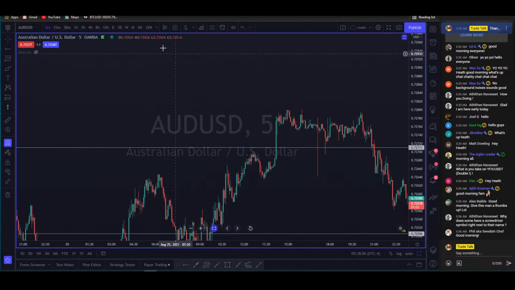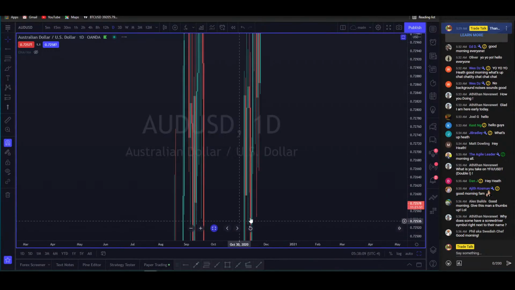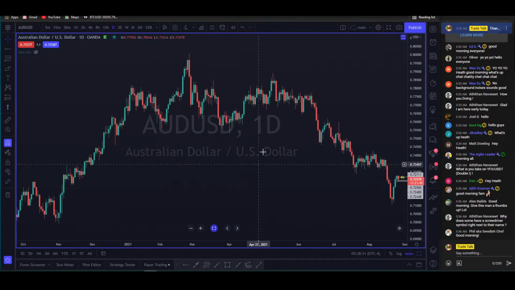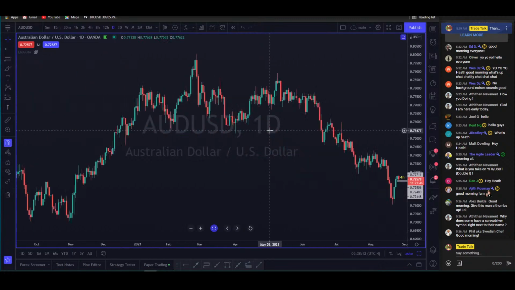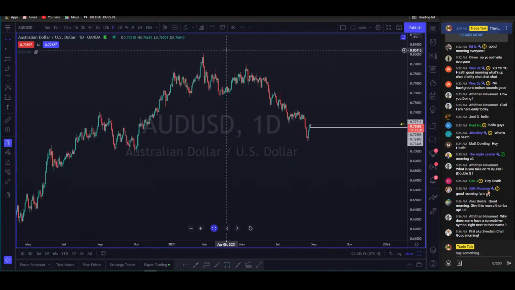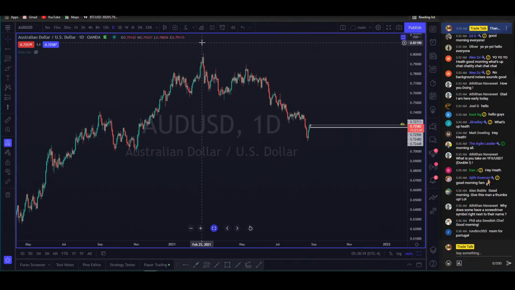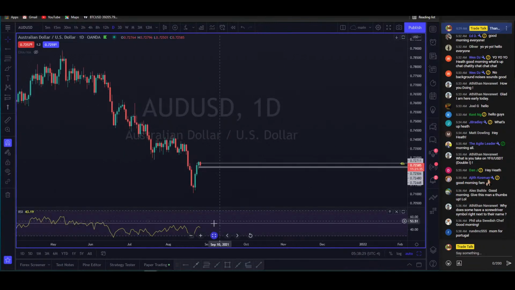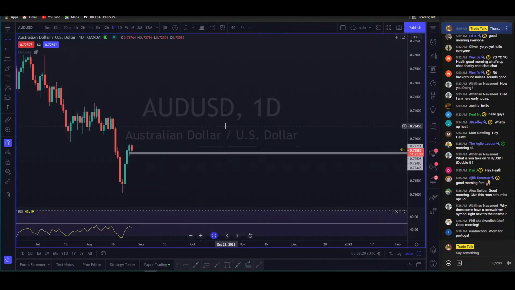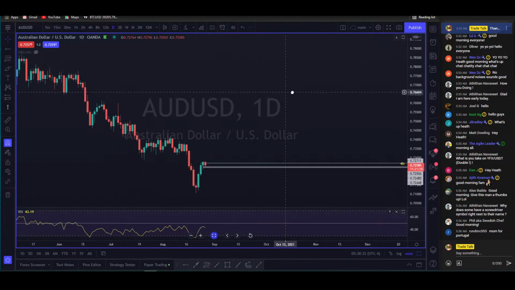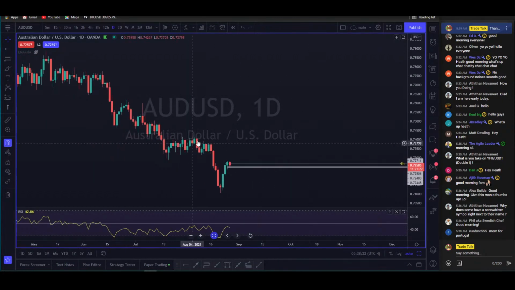Let's go out here to a daily. And this is Aussie dollar. All right, see, you're bearish, right? That's bearish. For the near term, since February, March, you've been going down, making lower lows and lower highs, and that's what you're looking for in bearish price action. This is below the 50. That just means the bears are in control of the asset, right? They have the ball in their court.